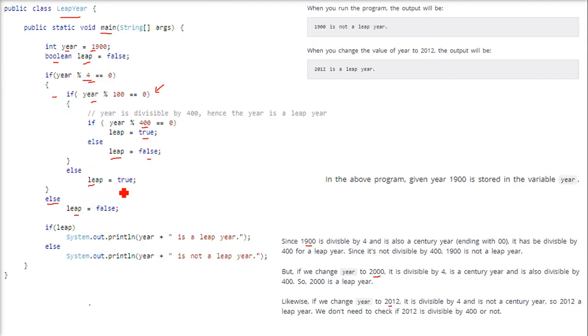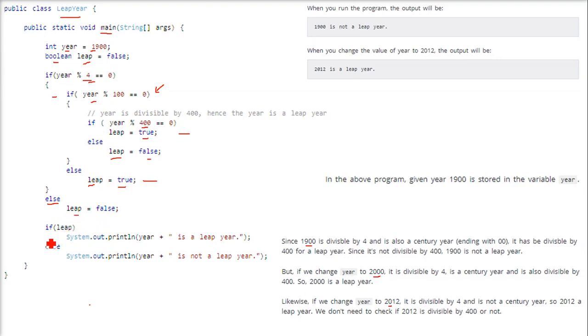So you set leap equal to true. So in both cases, that is, if the number is completely divisible by 4 with remainder 0, then it is true. And if it is a century year and it is divisible by 400 also, then leap is also true. So in these two cases leap is true, otherwise it is false, and initially it was false also, and if it doesn't work, it is false.